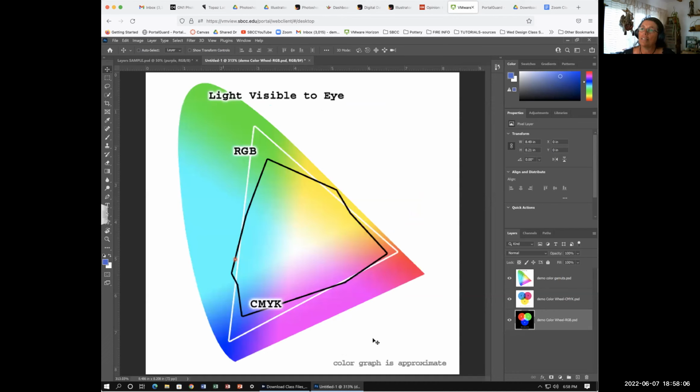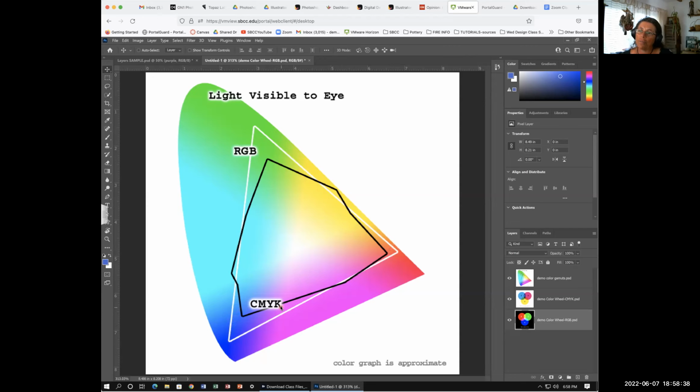That's because now I'm turning on the last one here. And we have the representation of the different color gamuts, which is what this is called. So this black outline here is showing me what's possible for CMYK to print. And notice that in some cases, it can even print a bit more, it can show you something RGB can't show you. But for the most part, it seems less, right? The colors are less in the high,